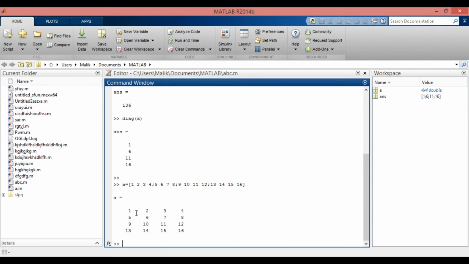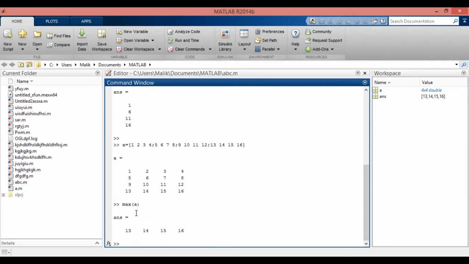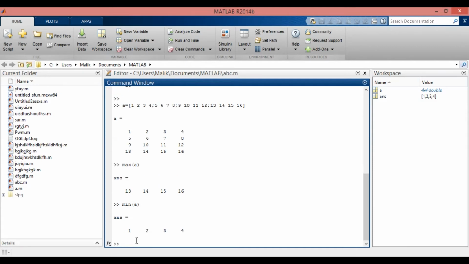And our next command is max A. This command will basically give you the maximum values of matrix A, and the maximum values of matrix A are 13, 14, 15 and 16. The next command is min, small brackets and A, and this command will give you the minimum values of matrix A, and the minimum values of matrix A are 1, 2, 3 and 4.